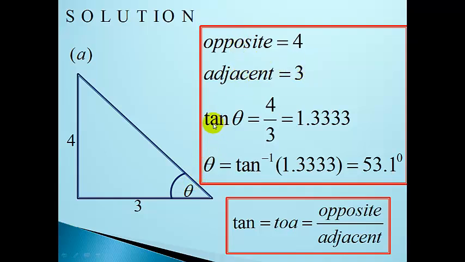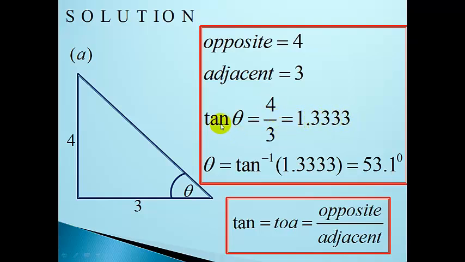We need to use the ratio tan theta because tan is opposite over adjacent. Now we are given the opposite side and we also know the adjacent side, and therefore we use tan theta. Now tan theta is equal to the opposite side, 4, divided by the adjacent, which is 3. Now when we divide 4 by 3, the answer is